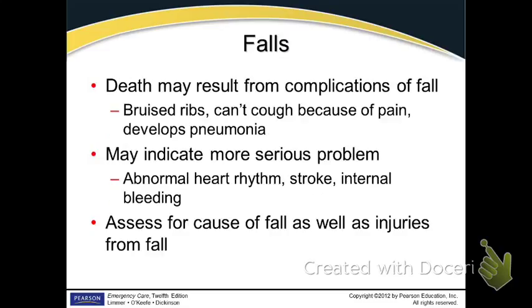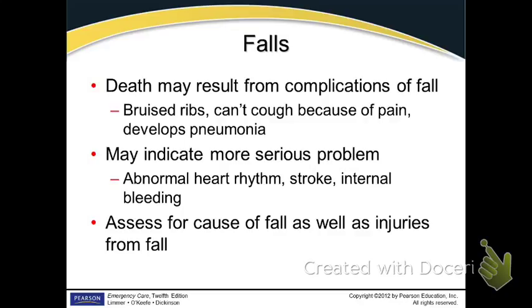We already kind of talked about falls. Elderly patients do tend to fall more frequently, more commonly. You want to check for this, like with any patient who falls, but especially with an elderly patient, that the fall was not just caused by a lack of ability to balance. There may have been some other thing that precipitated the fall: a more serious problem, a stroke, internal bleeding, something causing altered mental status. You don't want to assume, oh, well, they have altered mental status because they fell and hit their head. Be aware, maybe the altered mental status made them fall,